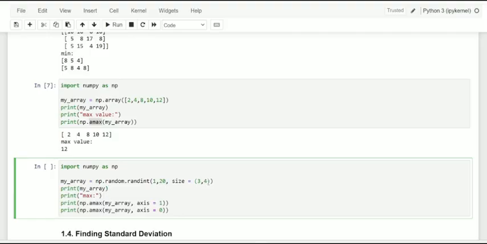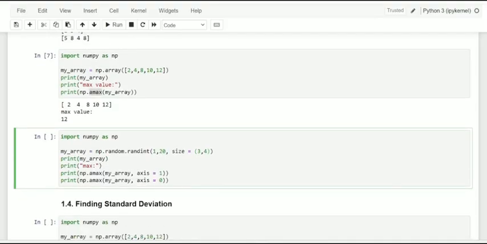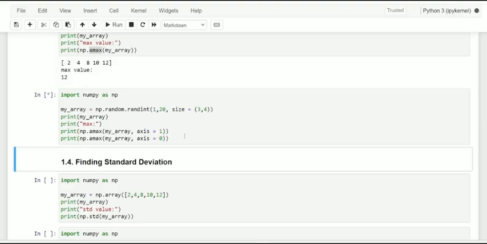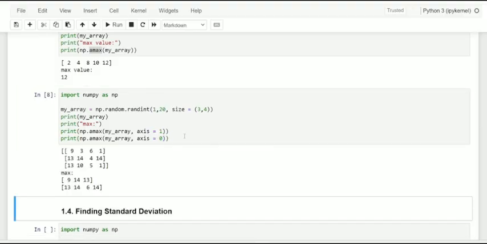So here we get 3 rows and 4 columns, obviously, and we store it in the variable my_array. And then we pass the function amax of numpy with two functionalities, axis equal to 1 and axis equal to 0, according to column wise and row wise. Here we get the maximum value.